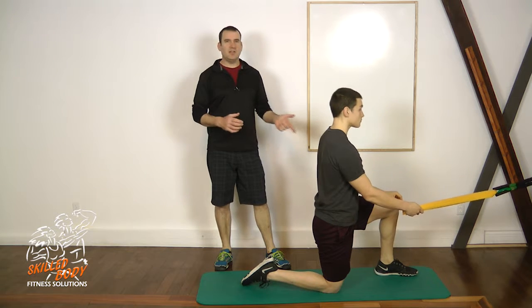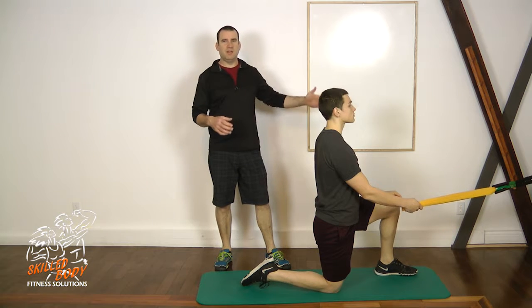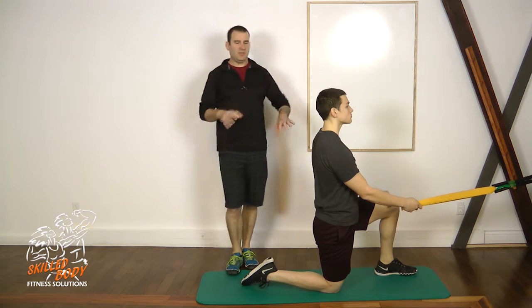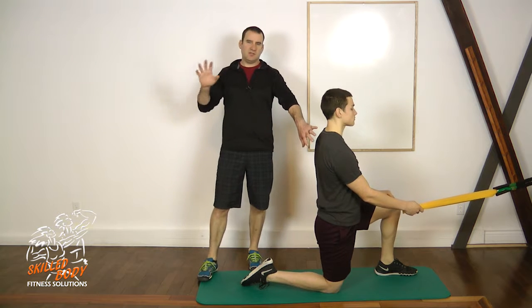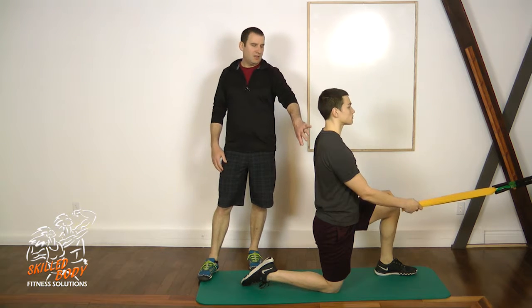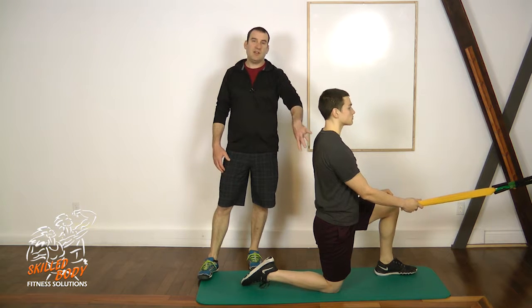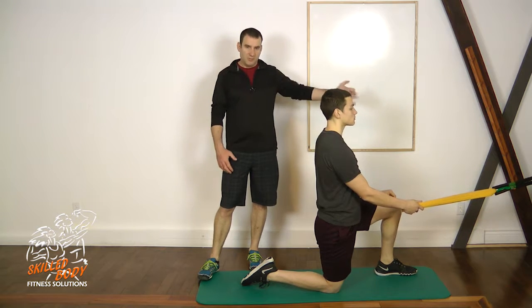Okay, we're talking about the kneeling row. This is a build from doing just your shoulder row. I'm very particular about the way I teach this exercise because it's really important to make sure that the foundation for movement, the whole reason you did a shoulder row first, if you're following the program, is to make sure that you have enough strength between your shoulder blades and you can set the foundation for movement, the pulling movement,